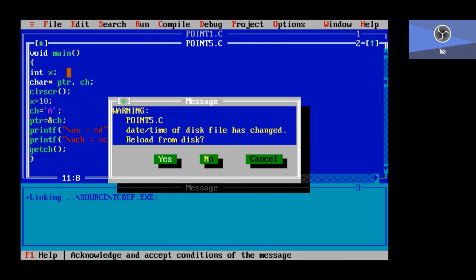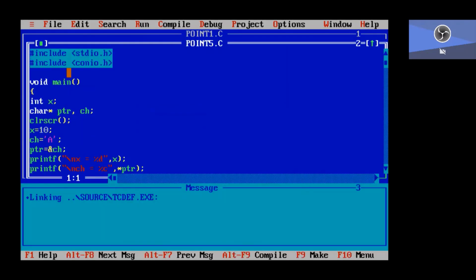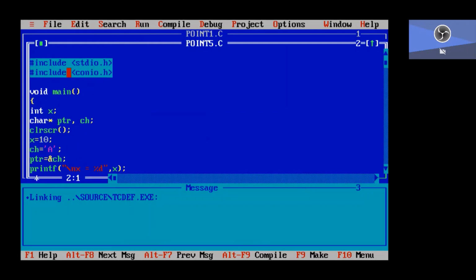We are indirectly accessing the ch value, changed to 'a'. Okay, thank you.